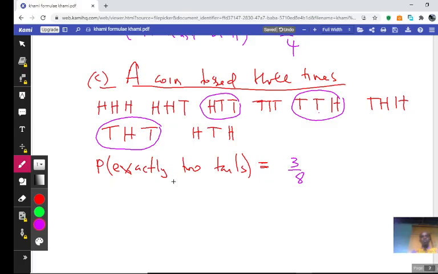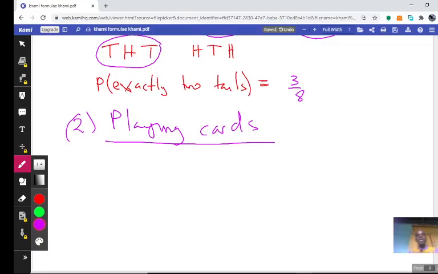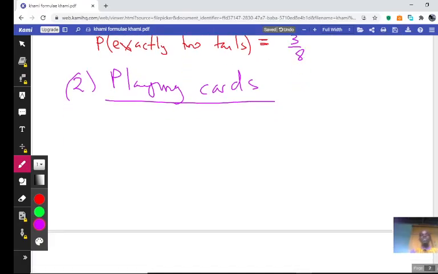Then the second application of probability is on playing cards. How can we apply probability on playing cards? Right. So first you have to know how many cards are in that pack of playing cards. There are actually 54, but mathematically they will say there are 52 cards. Why? Because we don't want the jokers. So we remove the jokers, there are 2 of them, and we'll be left with 52 cards in total.